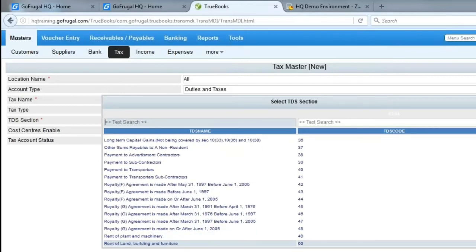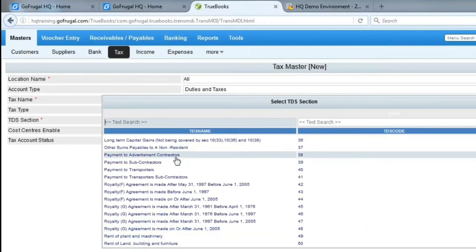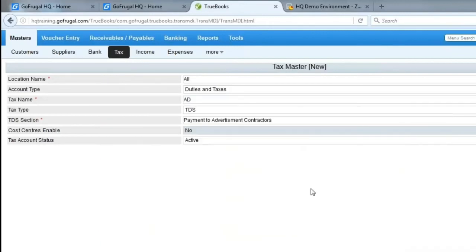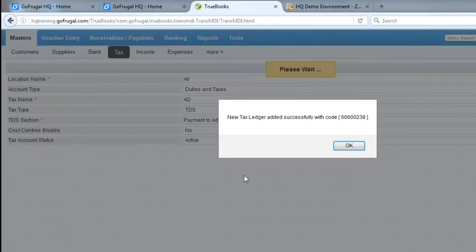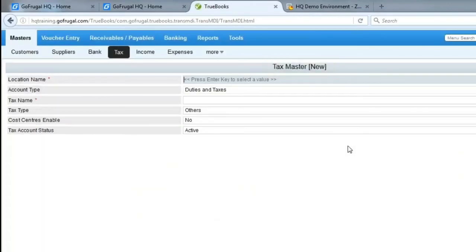You can select payment to advertisement contractors, this option you can select and you can save this. Whenever you make the payment, the tax percentage will be deducted. But we have to give it manually at present. You can see this in the reports at the time of transaction.